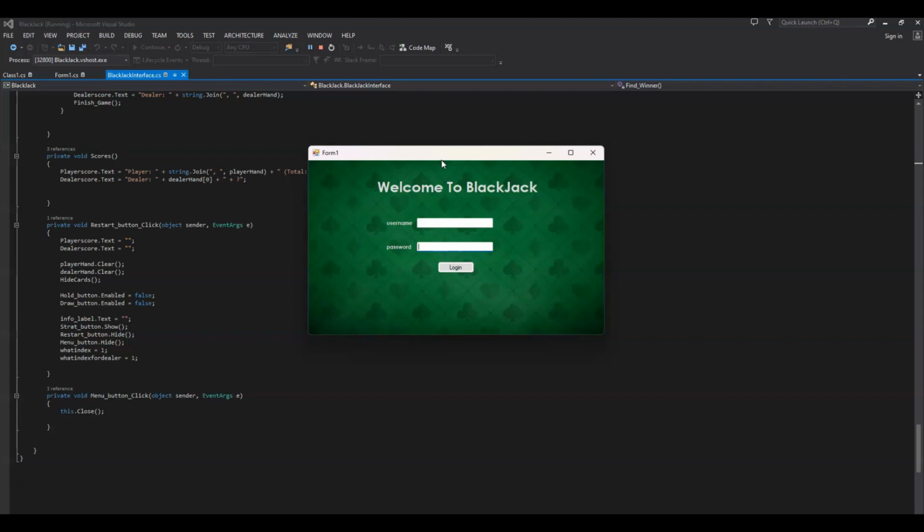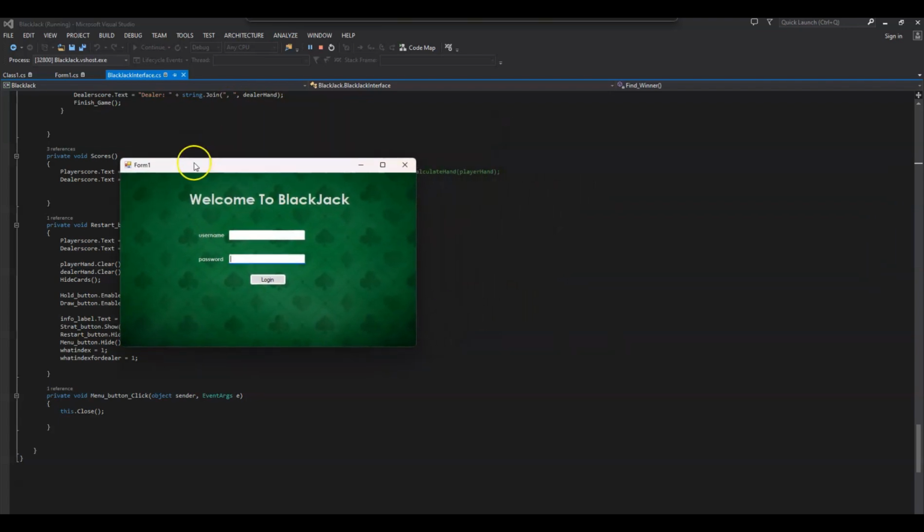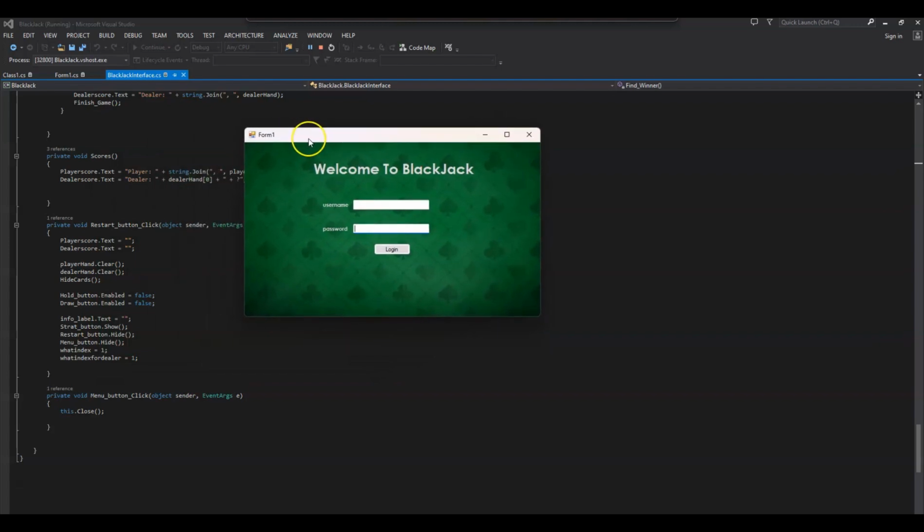Hello again everyone. Today, we will be walking through BlackJack in C# Visual Studio 2013. Before I start explaining, I suggest reading my summarized rules for the game, which I left in the description of the video. As we start the game, we are welcomed to the login page, where we have to enter our